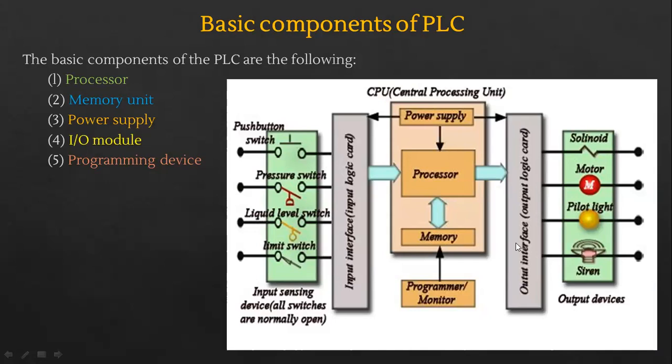So as you can see in this diagram here, you have firstly the input on the left side, right? The input output, the input interface that is to connect to the input devices. Okay, on the right side you have the output devices. Okay, so that interface is there, and the processor, as we can see, is here in the middle. So that is what takes the input, and after processing it gives out the output. Okay, you have the memory unit attached, power supply, right, to be able to operate, and then as I said, the programming device. Okay, that is to be attached and programmed, right?